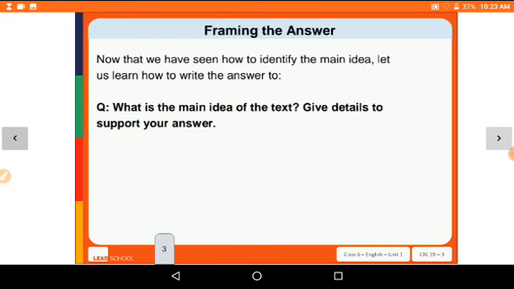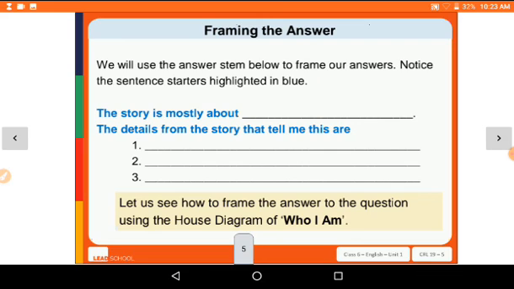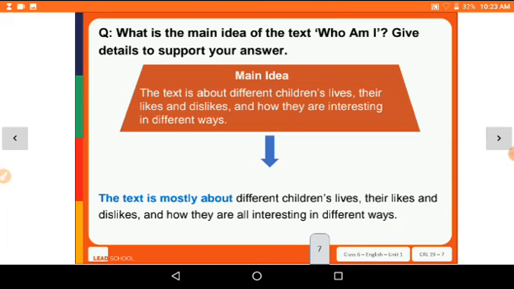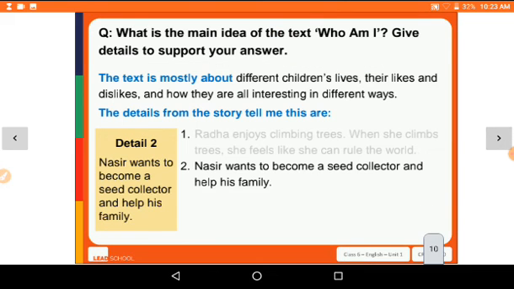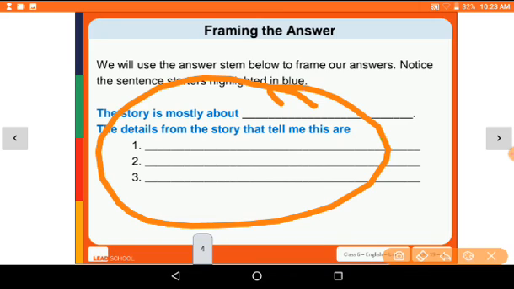Okay, so there we had, here we have the house diagram of Kalpana Chawla. So with the help of this house diagram you have to write these details. Okay, आपको यहाँ पे डिटेल्स फिलअप करनी है। जैसे हमने ये हाउस डायग्राम का यूज करके यहाँ पे पूरा डिटेल्स फिलअप किया है, उसी प्रकार आपको कल्पना चावला वाला हाउस डायग्राम यूज करके ये पूरा डिटेल्स फिलअप करना है। Okay, so that will be your homework, and I will also send you another PDF of the exercise